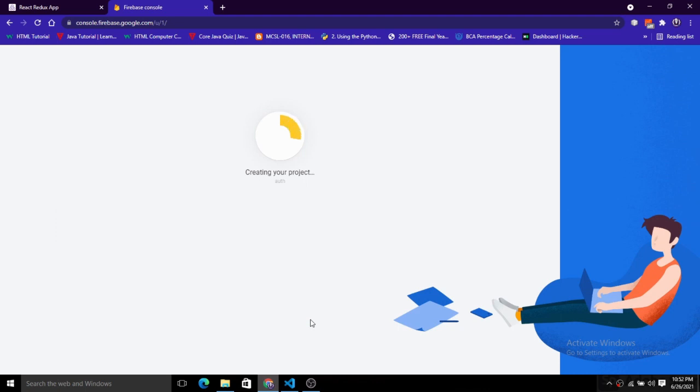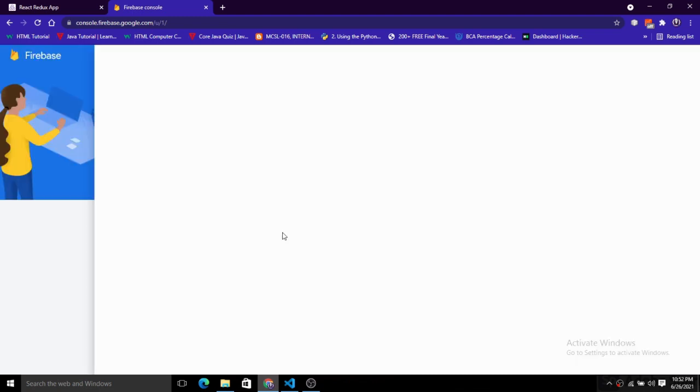When the project is created, you will have first registered your project on Firebase. The registration is very simple and easy. I have already created a project with this authentication, but I'm just showing you a glimpse of how you can do this if you are an absolute beginner and don't know about Firebase.